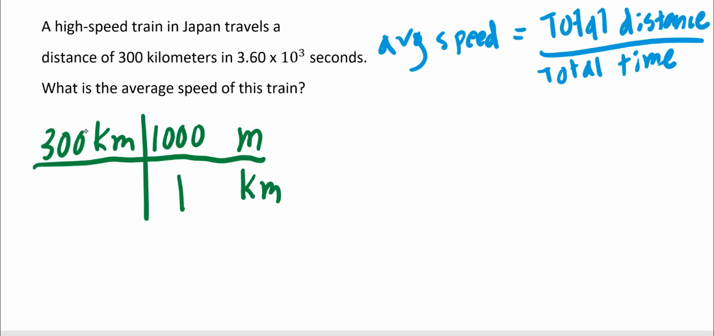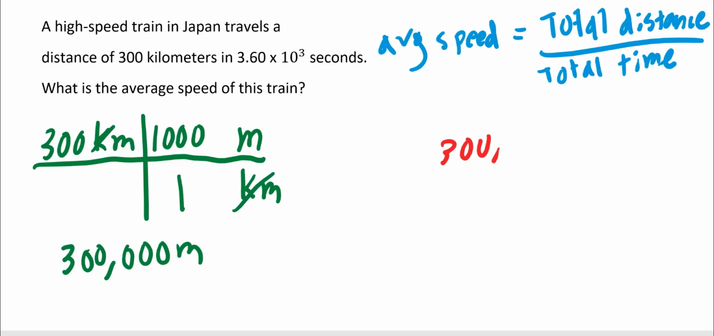Multiply the top, multiply the bottom, and divide. Cross out opposite units from top to bottom. And we should find that there are 300,000 meters. Now that we converted and we have our distance, we can say our total distance would be the 300,000 meters